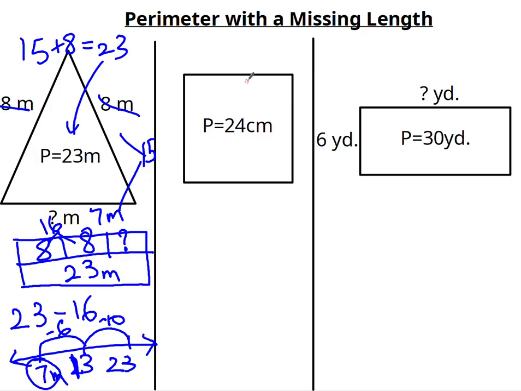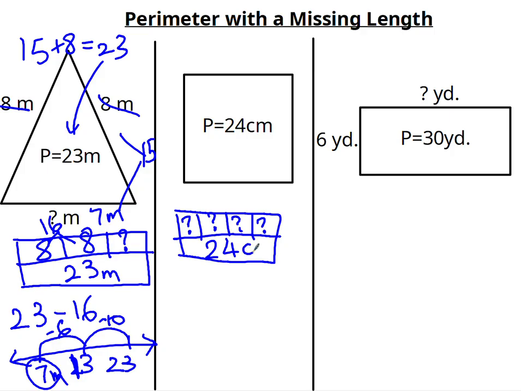In this example, this is a square. There are 4 sides on a square. However, I do not know any of the sides. Since a square has 4 equal sides, each side will have the exact same length. So the total is 24 centimeters. That means I have 4 groups. I don't know how many in each group, but my total is 24. The easiest way to find the answer is to do 24 divided by 4, and then you will get your answer. And if you use any strategies that you learned about division, you will find that the answer is 6